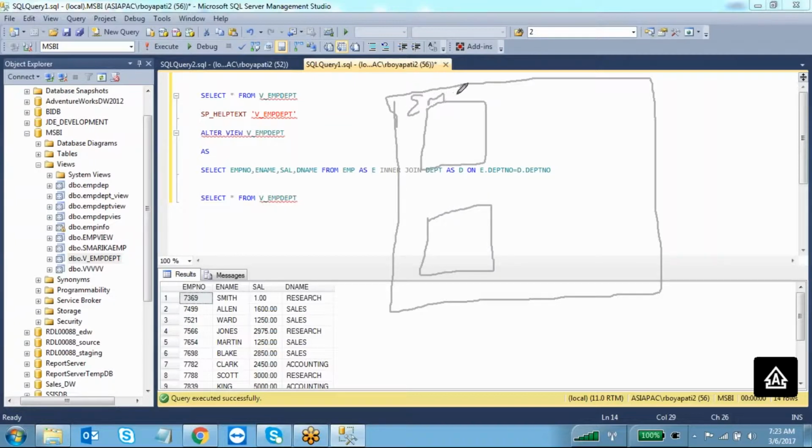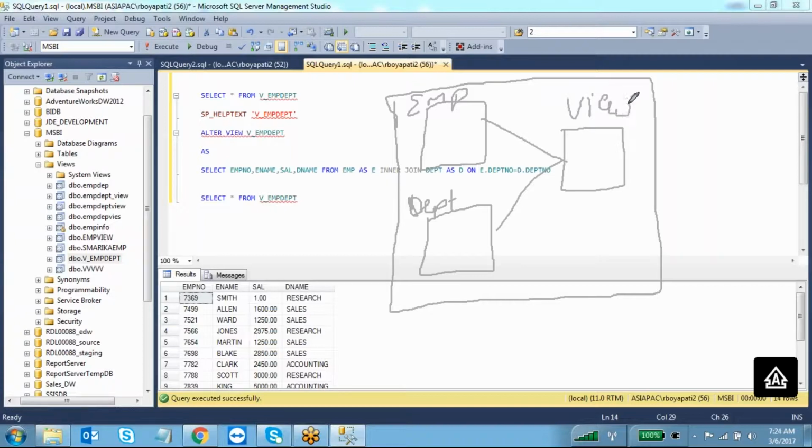At a high level, by using these two tables, we have designed a virtual table, that is the view.